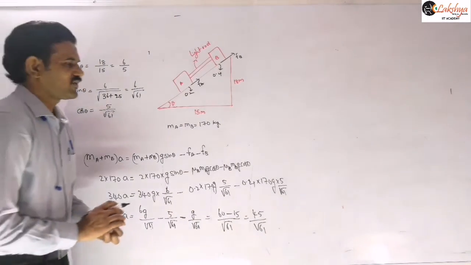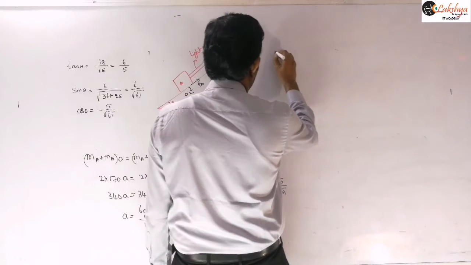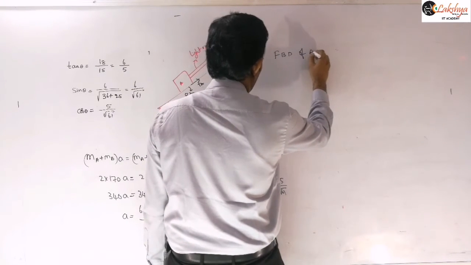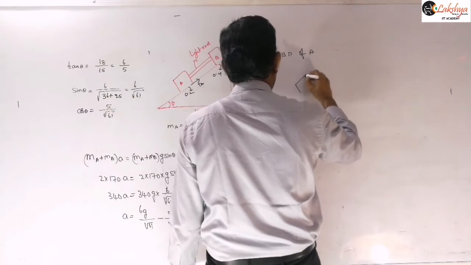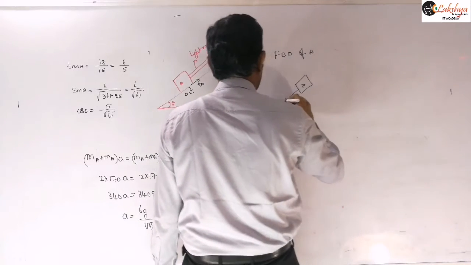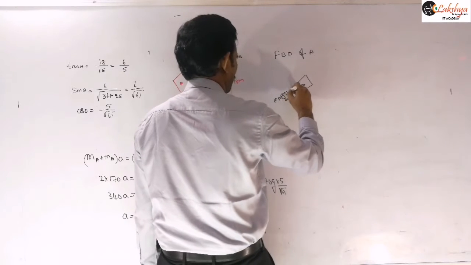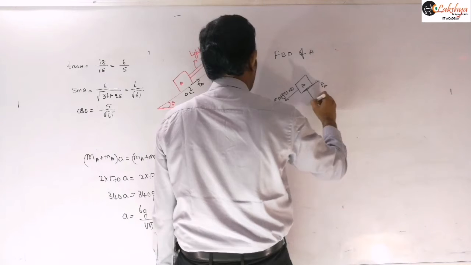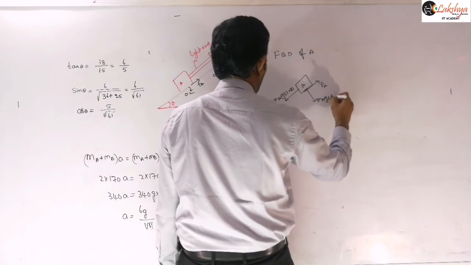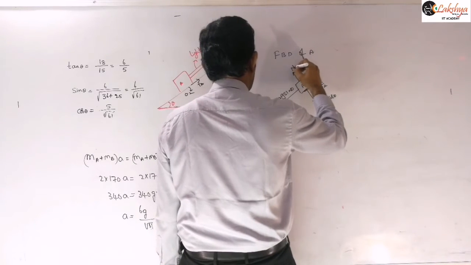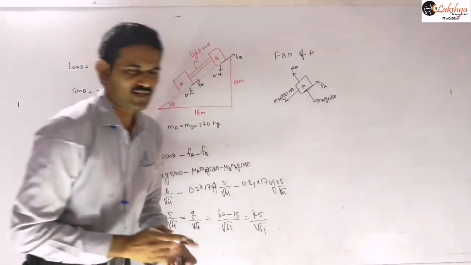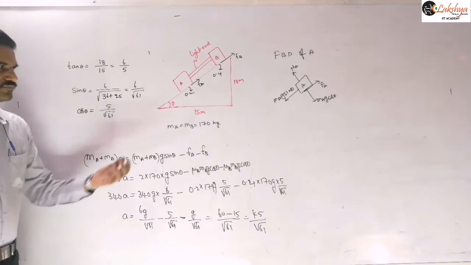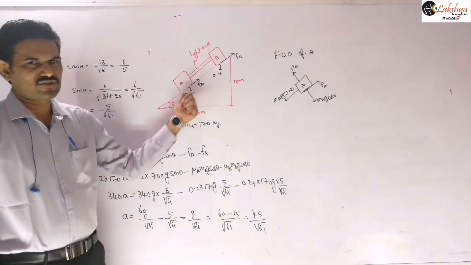And so then you need to take the free body diagram of block A or block B also you can consider there, FBD of A. So FBD of A means now here this is MA G sin theta, and this frictional force will be there along this direction, and the remaining this MA G cos theta normal reaction. Now you need to decide this tension direction here. The tension direction you need to decide, that means whether the tension in that rod is a pulling or pushing. So by that you can decide by using this coefficient of frictions here.